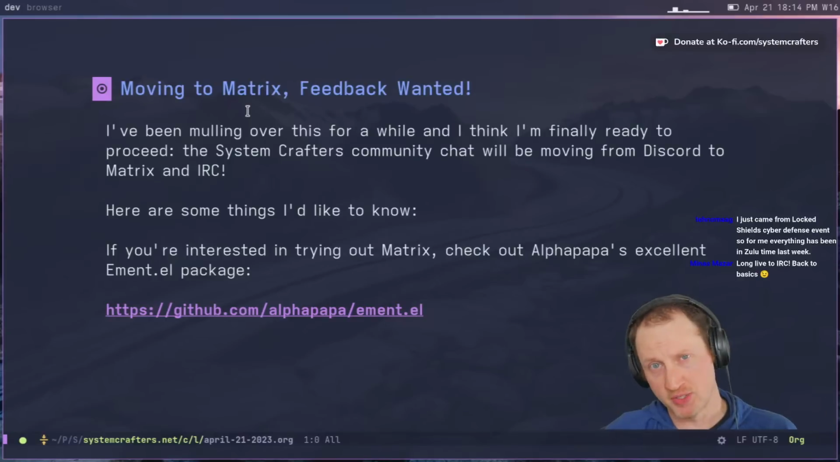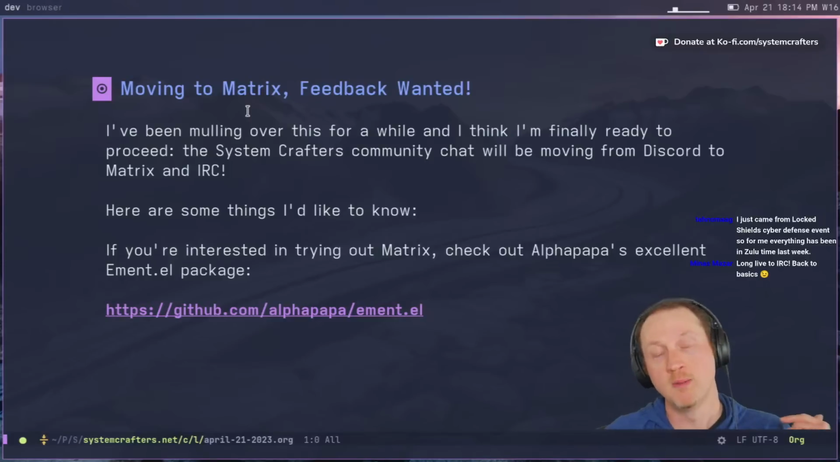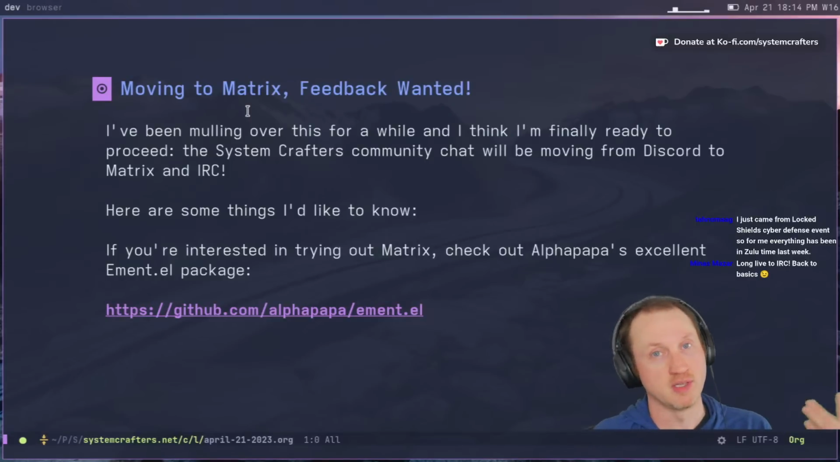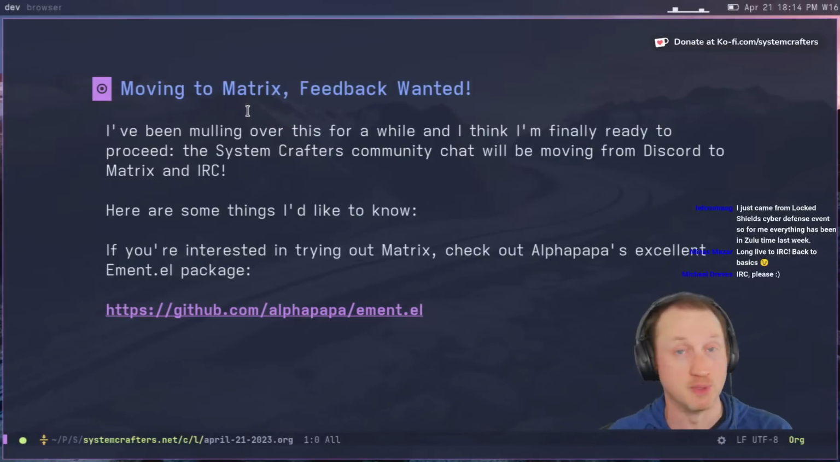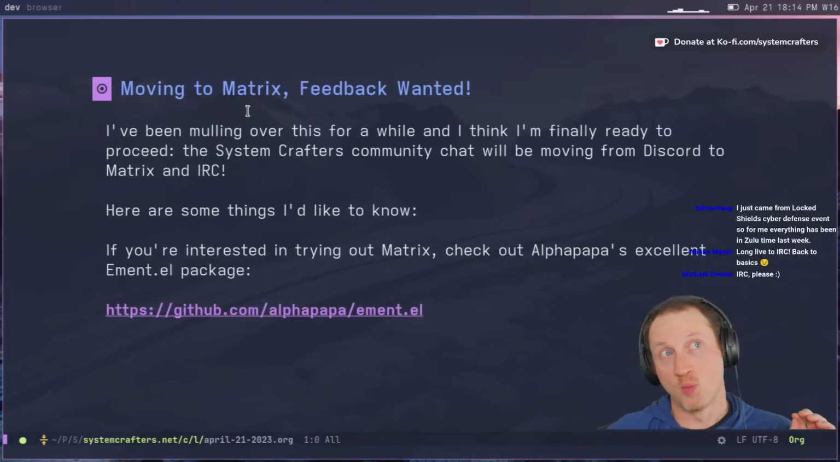The first three, IRC, Matrix, and XMPP, are easier to access from Emacs because there's a Jabber client for XMPP, there's ement.el for Matrix, and then there's a number of IRC clients built into Emacs for IRC. So I've been thinking a lot about what to do about this, and I think I've finally come to the conclusion